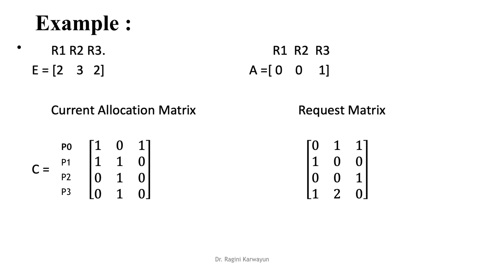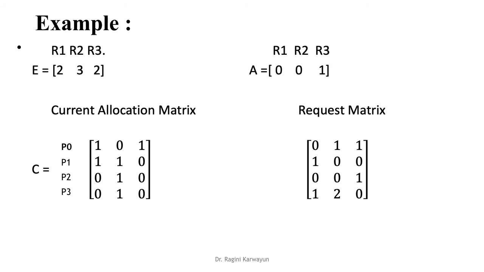So we will add 0 1 1 and 1 0 1, that means the resources allocated, so this will become 1 1 2. After 1 1 2 we will finish P1, because 1 0 0 is less than 1 1 2, so P1 will be able to finish off and then we will finish P3. So all the processes are able to finish their work requesting the resources one by one. So in this way we can say there is no deadlock in this algorithm.